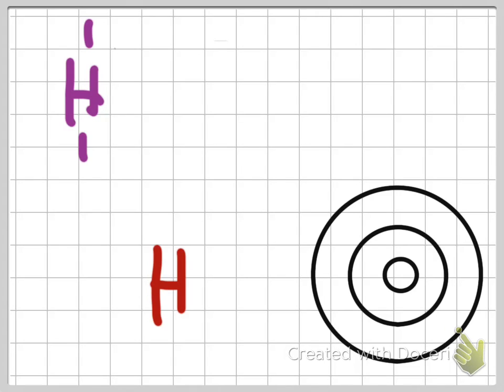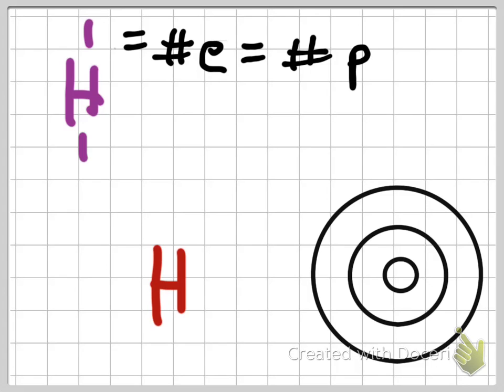Okay, let's go ahead and solve some of the Bohr and Lewis diagrams. And we have the hydrogen atom, and we know that that number equals the number of electrons, and it also equals the number of protons. Now for the neutrons, you would have to do a little subtraction, and that equals 0. Okay, now let's take a look at